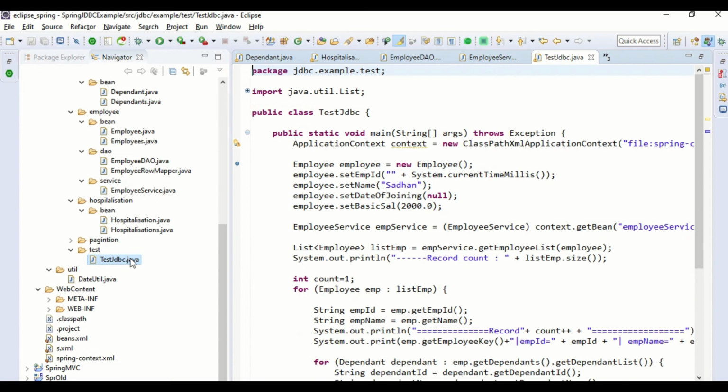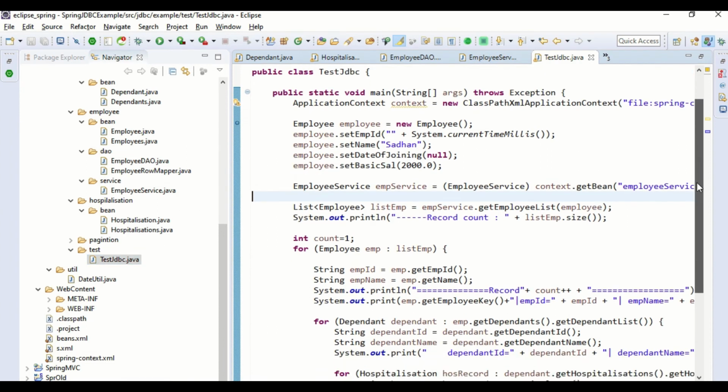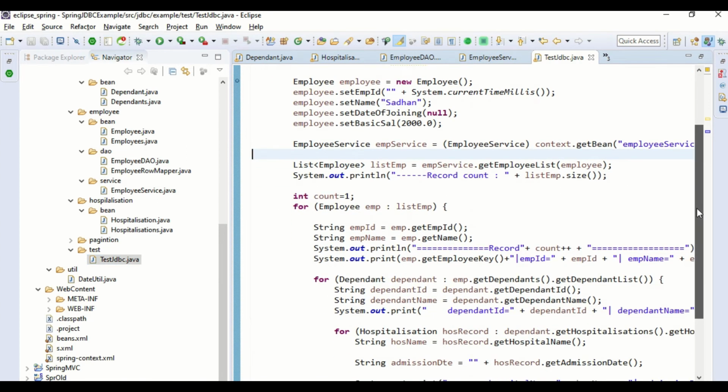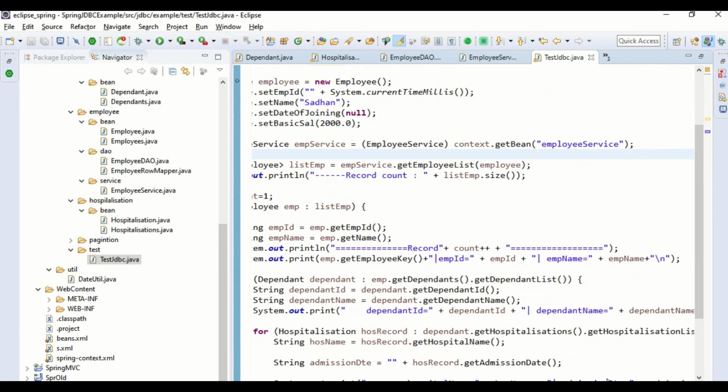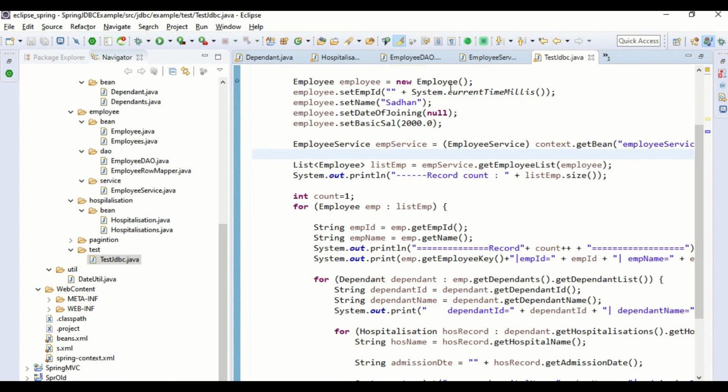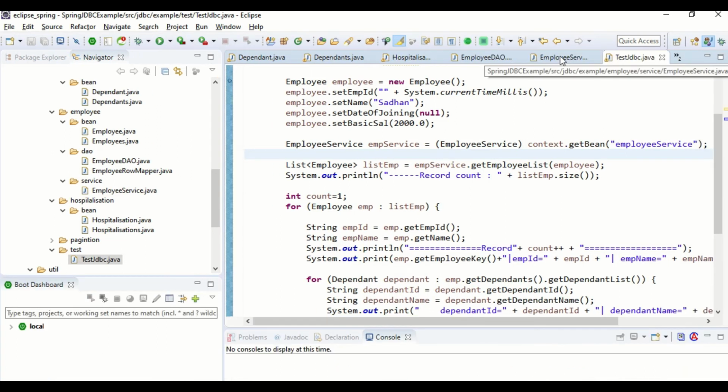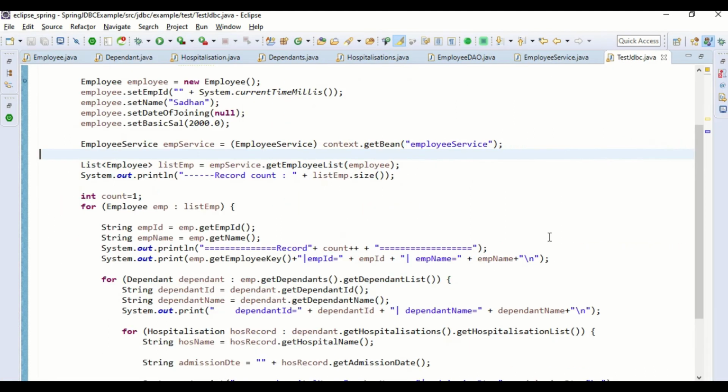So this is our test class. From the configuration, we are getting the employee service object from the Spring context.